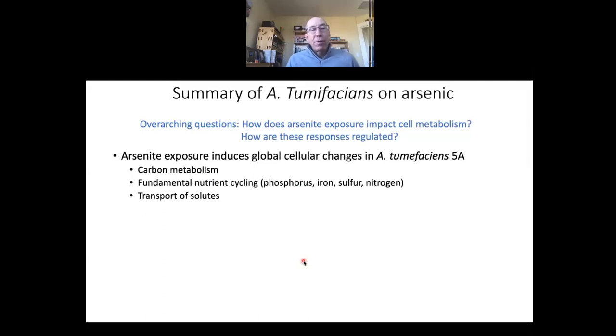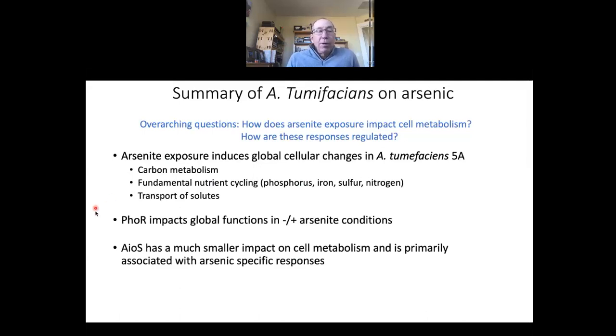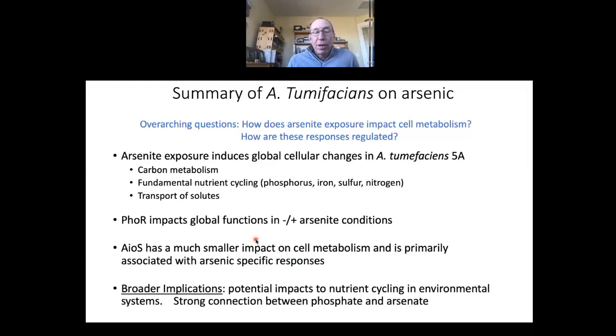So what I've shown you so far is that arsenite exposure can induce global cellular changes in Agrobacterium tumefaciens. We're seeing changes in central carbon metabolism, fundamental nutrient cycling, and transport of solutes through these transporter proteins. FOAR, our phosphate sensor, impacts global functions in arsenate and arsenite conditions, and AIOS has a much smaller impact, and it's really focused on response to arsenate. So the broad implications from this are potential